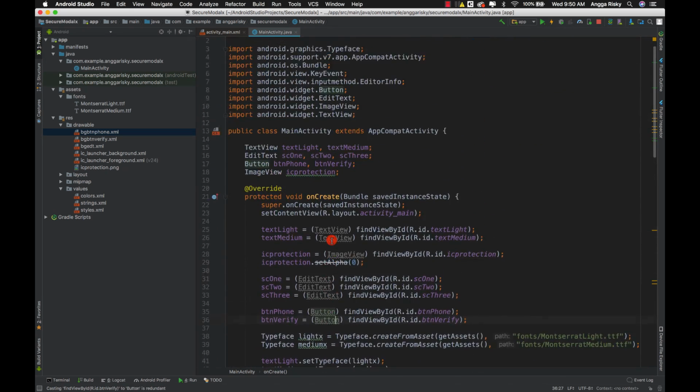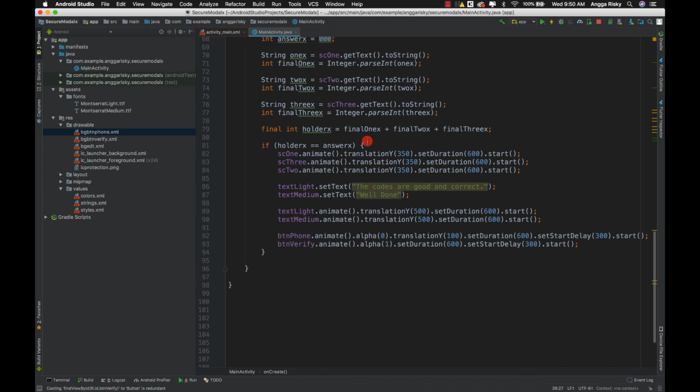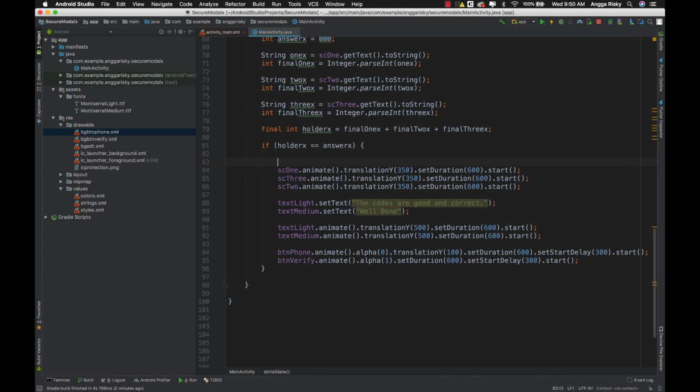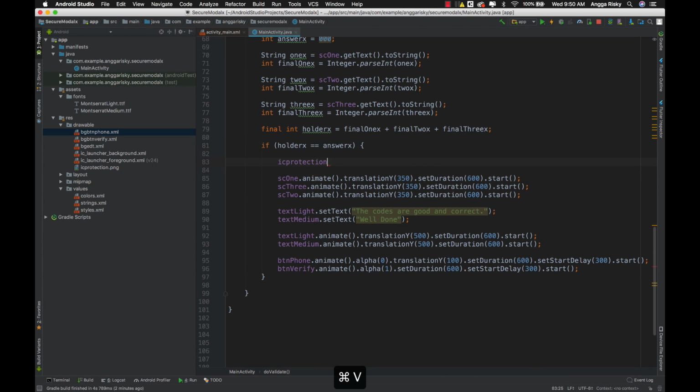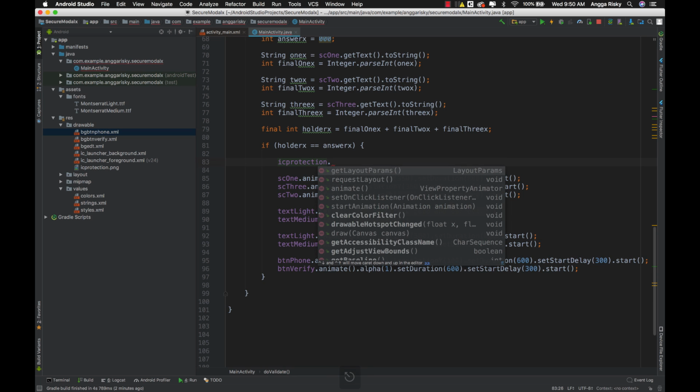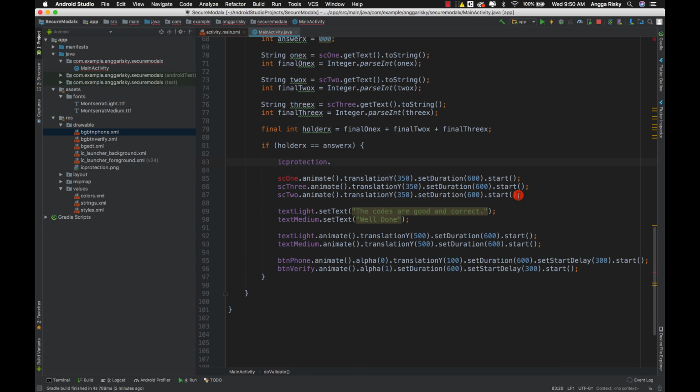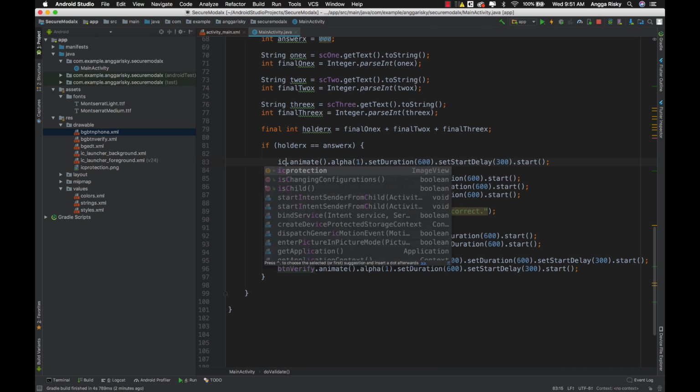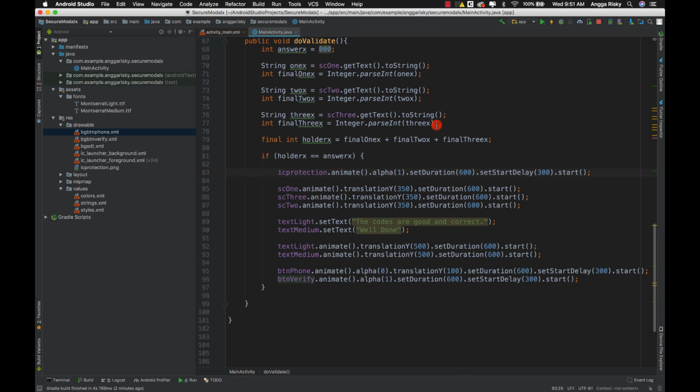And after that, if the answer was correct, I have to give this animate, maybe I could just copy from here. Yeah, copy and paste, and this is supposed to be icon protection, and we can try first.